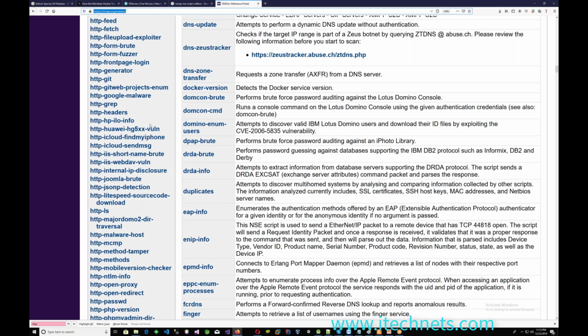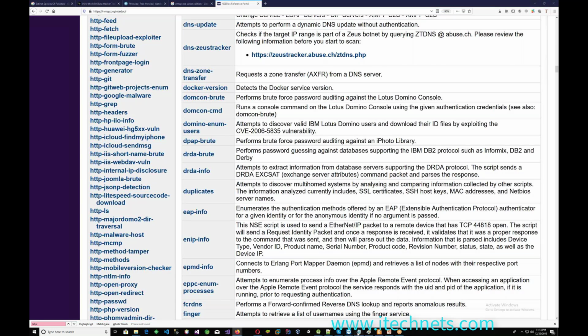What is the difference between Nessus and Nmap? Nessus is the paid tool and Nmap is the open source tool. We will tell you in coming lectures what the differences between them are. Now come to the point where I was, telling you what we need to learn and what our objectives are.